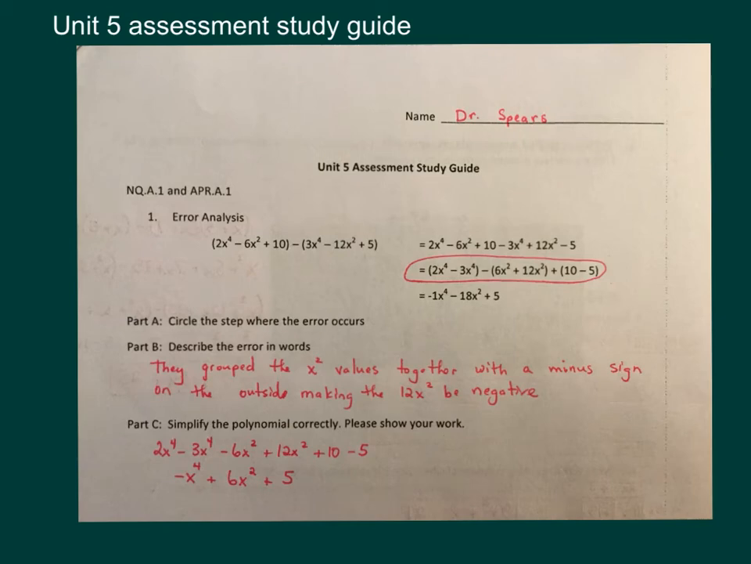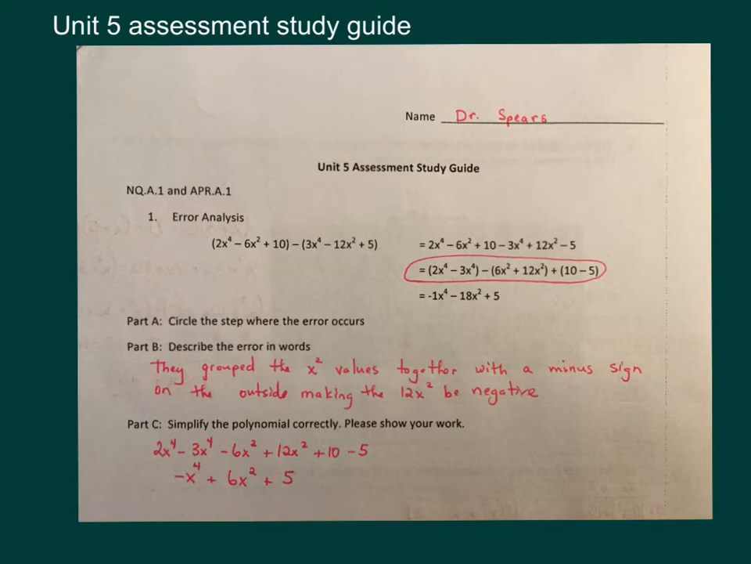All right, so this is the Unit 5 Assessment Study Guide. What I've done is I've taken pictures of my work and I'm going to talk through the problems. The first one asked me for error analysis, and it gave me the problem 2x to the fourth minus 6x squared plus 10 minus parentheses 3x to the fourth minus 12x squared plus 5. It asked me to circle the step where the error occurs, describe the error in words, simplify the polynomial correctly,